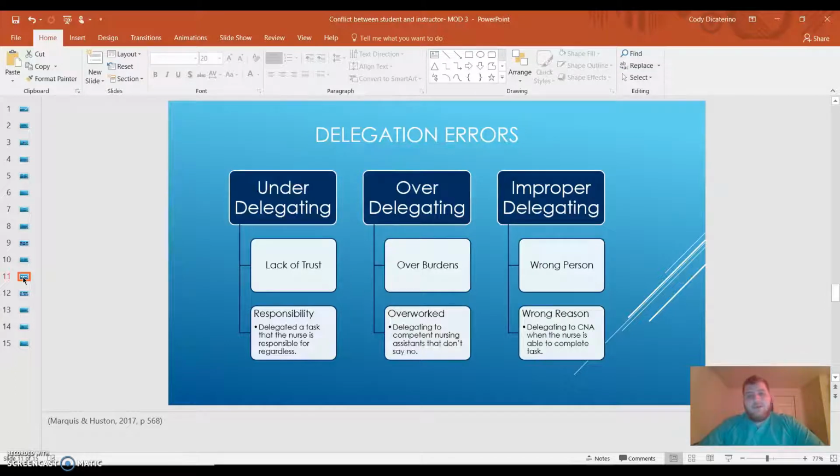And then improper delegating is basically when management tells a nurse or one of their subordinates to do a task that is not within their scope of practice. A good example of this would be asking a nurse to fire another nurse. A nurse cannot fire another nurse, it has to be management. And then also improper delegating giving some